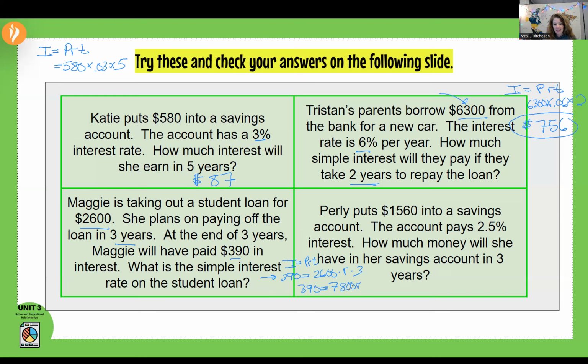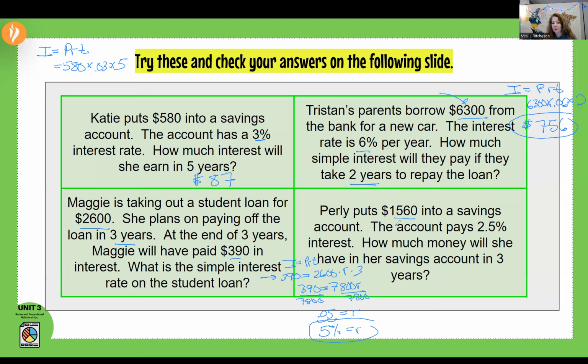390. Now to solve for R, we're going to divide both sides by 7,800. We're dividing 390 by 7,800. And I got 0.05. Now that's our decimal, but remember we always give our rate as a percent. So the last thing we do is move that decimal 2 places to the right and we get 5%. That's our rate. Okay. And the last one,